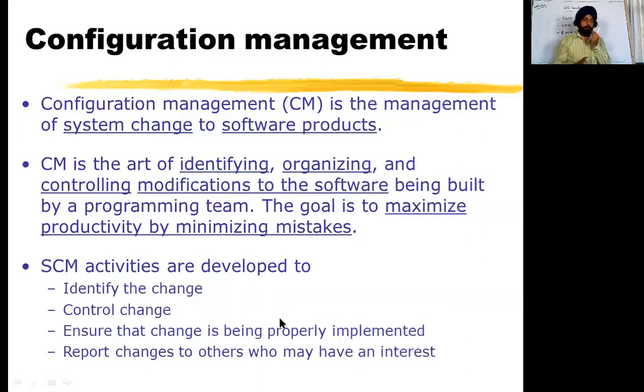Then we have to control that particular change, so that it does not have cascaded ill effects. Means change in one module should not have a negative effect on another module. But if a change in one module needs a change in another module, then that also has to be done. These are known as the cascading effect, the effect of one on another. So we have to see where the cascading change has to be brought in and where it is not to be brought in. This is the second step, that is, control the change.